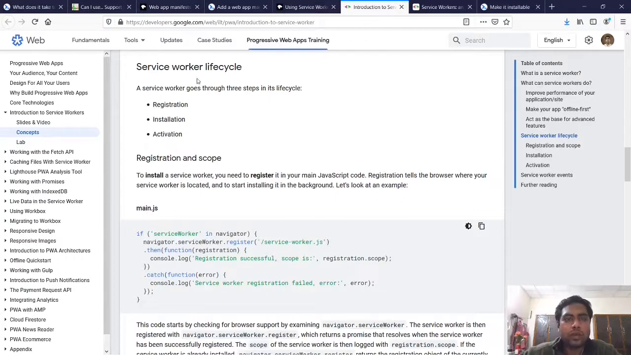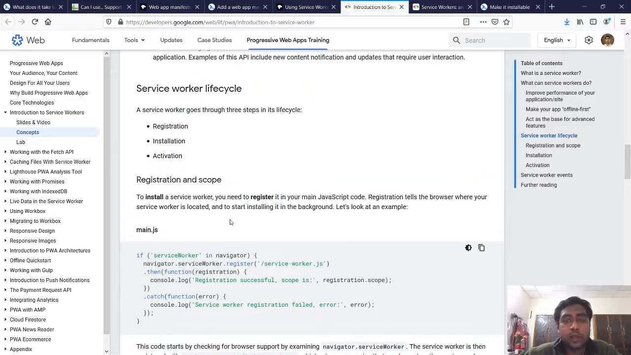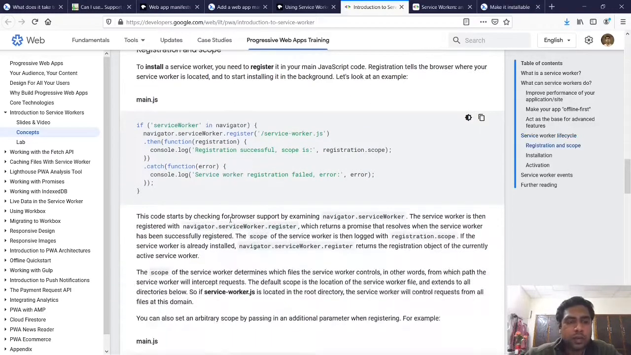So here is another resource from developers.google.com. A simpler description of the service worker lifecycle, which is the registration, installation, and activation. So let's start with the registration. Here we have the corresponding code for that. First we check if the browser has support for service worker or not. That is the if condition, if service worker in navigator. The navigator effectively would be the browser, and with this line of code,